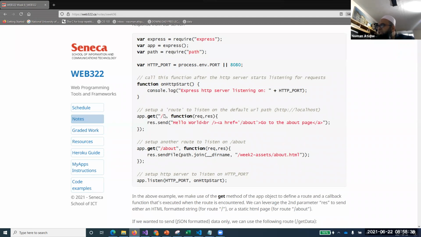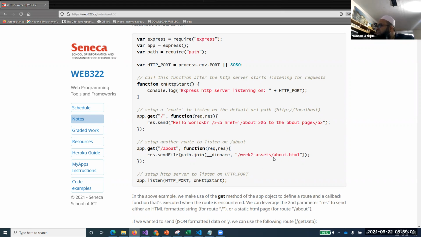You just give a default route, default path, and give some data, maybe in HTML or something. It will go and bring that data. In the same way, you give another path, about, and it will go and show you the about data or about file.